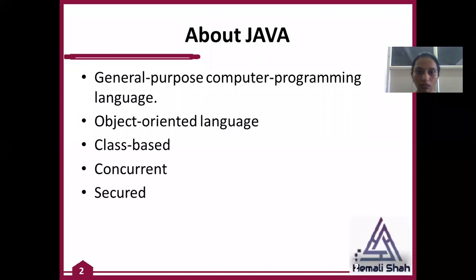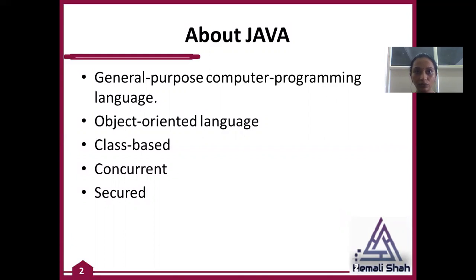Now C is basically a procedure oriented language. Procedure oriented language means you generally create functions to create an application, right? You are creating void main, which is a function to start your C program, right? You generally create the functions in your C program. Java is an object oriented programming language.